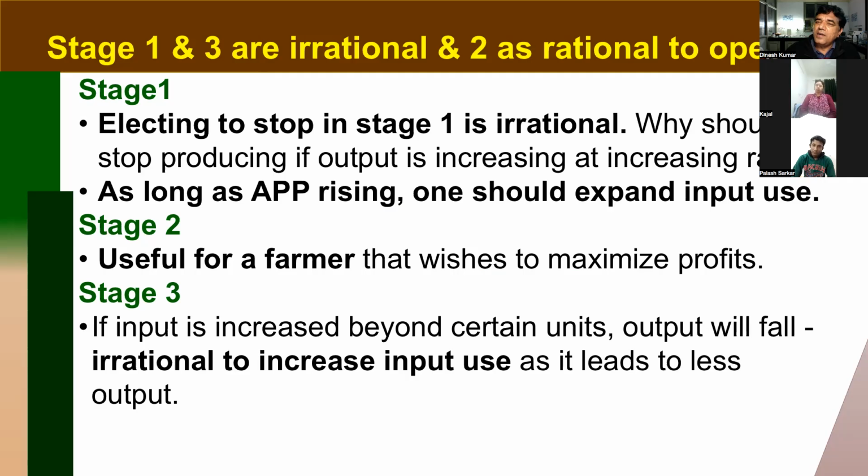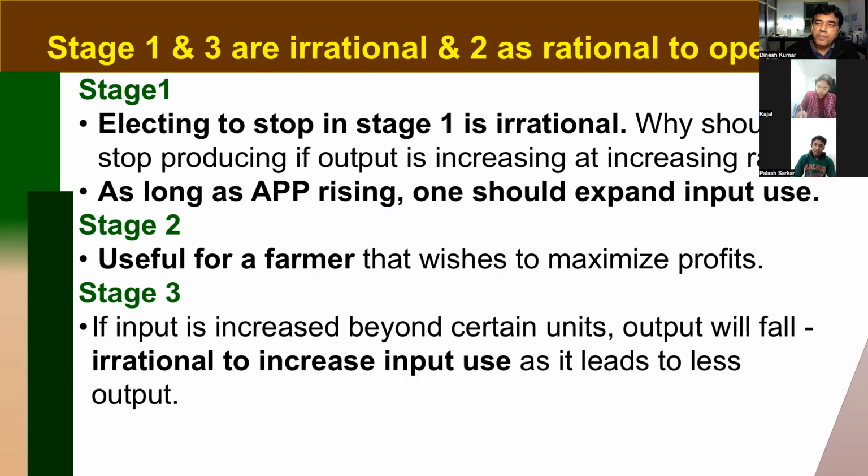So you can relate it to the prices of both, cost of labor and price of output. Where you get marginal cost equal to marginal return, that is the point of maximum profit. That point of maximum profit occurs in stage 2. Therefore, it is called the rational stage. Any farmer, any grower should run in stage 2, not stop in stage 1, and not go into the third. Do not go in third, because third is also